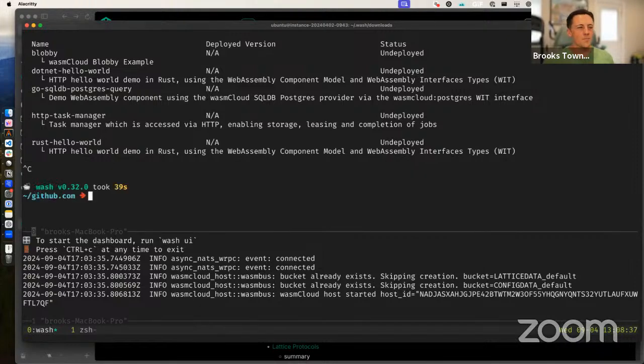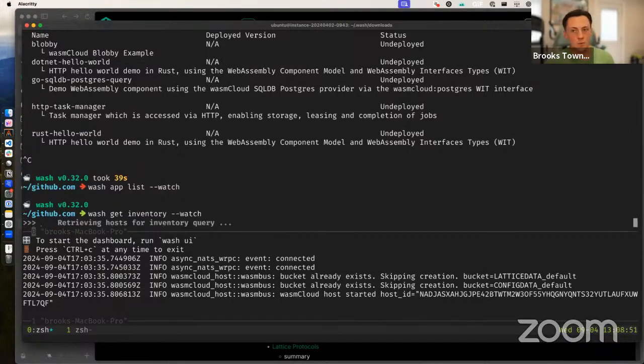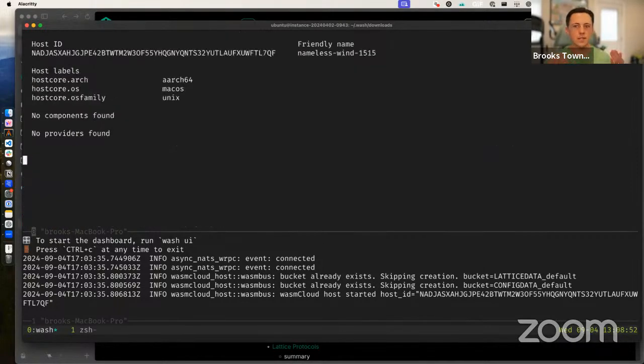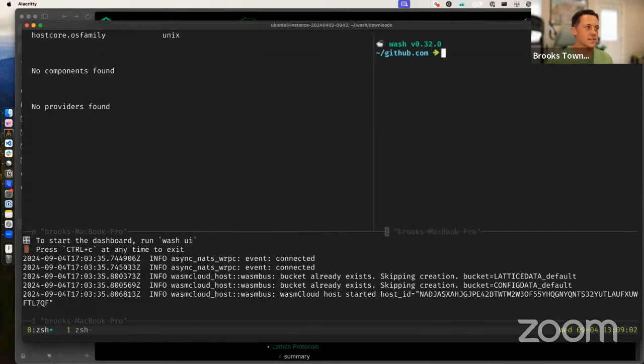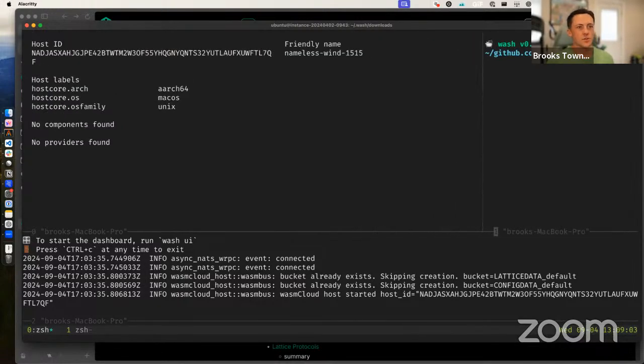For right now, the watch flag is only working on certain commands. wash app list is one of them, and that one is actually released in Wash 0.32. But the new one, which Adi has been working on, is watch get inventory. So this is super nice. The utility will query all the hosts that are running in the lattice, and then query those hosts individually for their inventory. So if I set up a new terminal window,